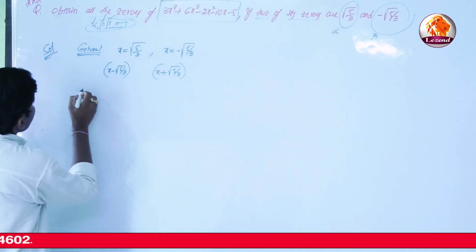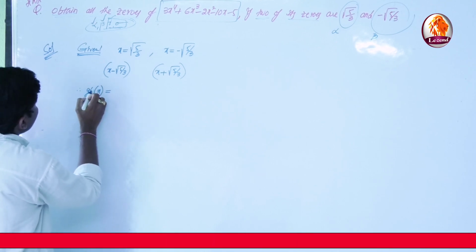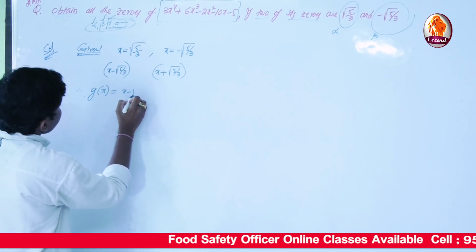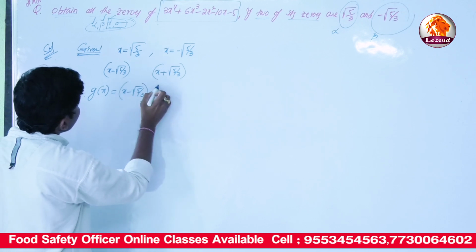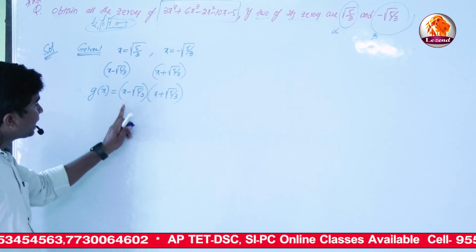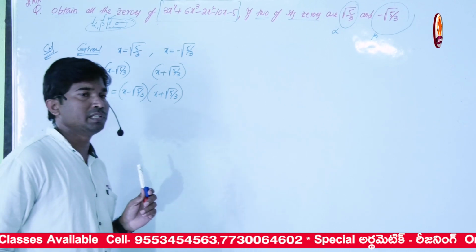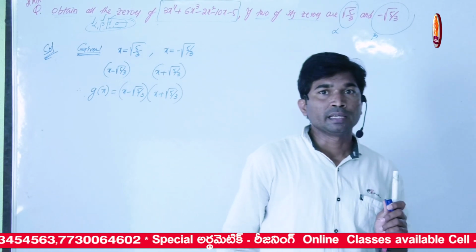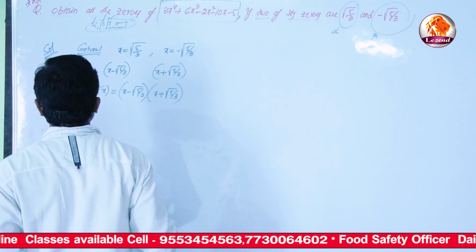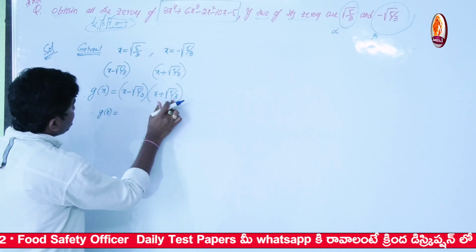Now take P of x, and take one more polynomial, G of x, equal to x minus root of 5 by 3 into x plus root of 5 by 3. It looks like a minus b into a plus b. We know the formula: a plus b into a minus b is nothing but a square minus b square. So therefore G of x is a minus b into a plus b, that is x square minus